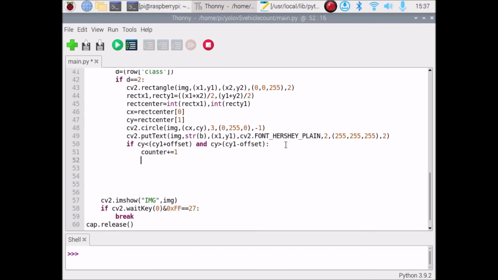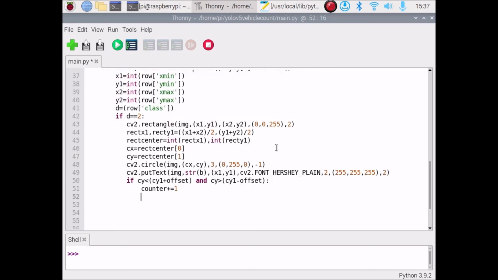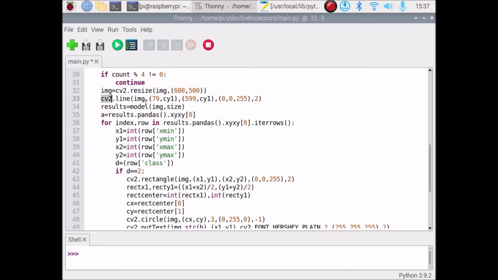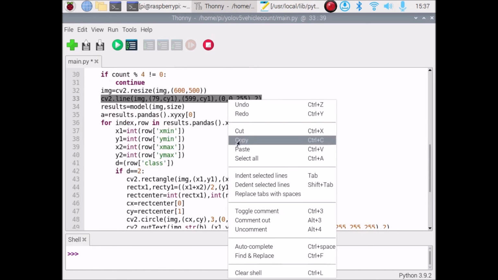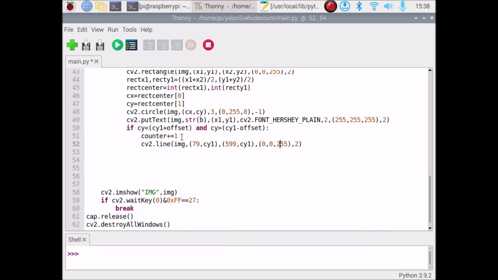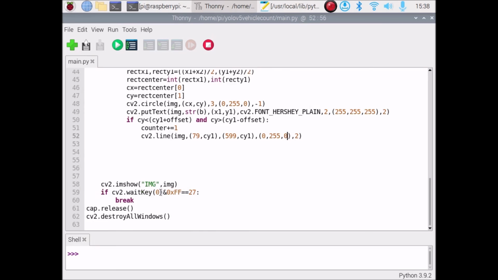And then when the vehicle touches the line, we want to change the line color. So where is our line? This is where we draw our line. Here the line color is red. When the vehicle touches the line, the color will change, so we can say it becomes green. If I save the code, now we are going to make the 0 a 1. If I save the code and run the code,